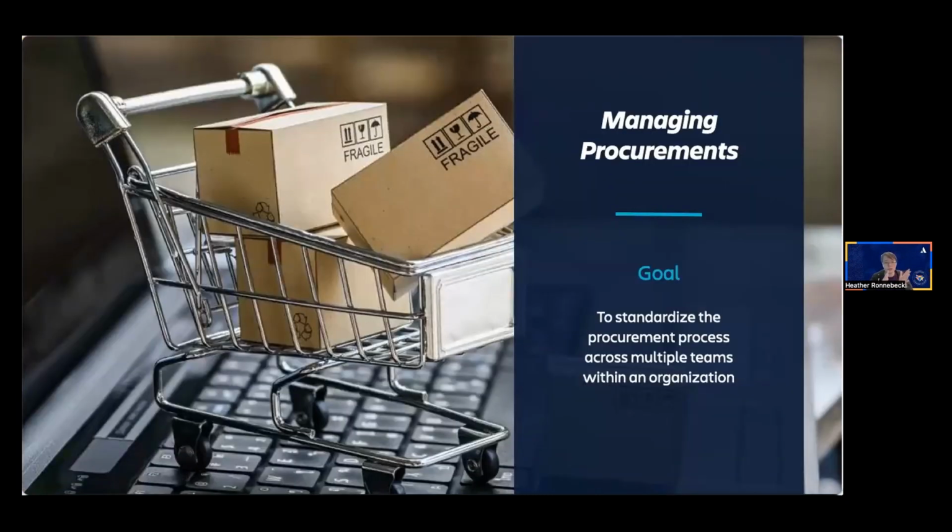The first use case that I wanted to explore was going around managing the procurements. It really didn't matter if you're a 5-person or 5,000-person shop. Procurement is going to come up at some point and it's either going to have to follow a manual process to buy some supplies. So the goal here was to dig into more of a standardized procurement procedure for finance, operations, marketing, and some other teams that they can select their provider and vendor for those needs.